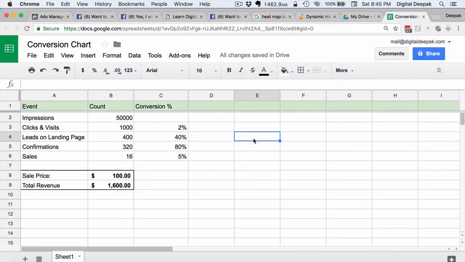optimization. In this example, I want to show you how the conversion ratio at different stages of the funnel will impact the end revenue. Just like the vacuum cleaner salesman case study that we saw, this is a digital marketing funnel where you will have ad impressions, and then clicks and visits to the landing page. Then you will have leads on the landing page. Then you will have confirmations, which is double opt-in email confirmation, and then you will have sales from your email